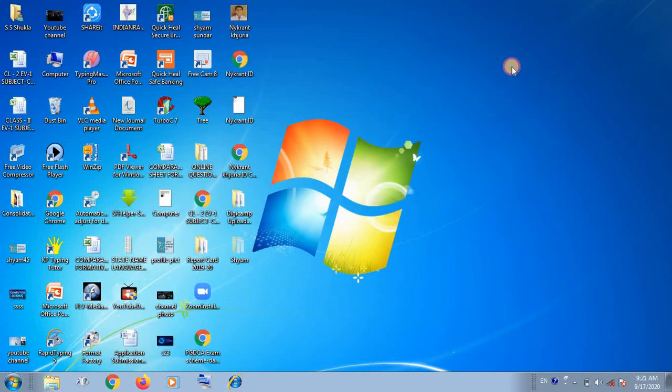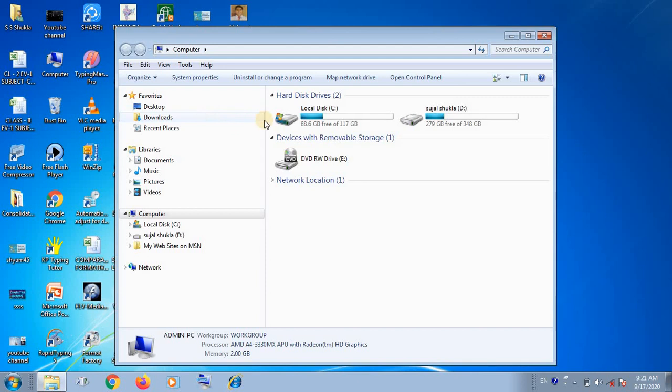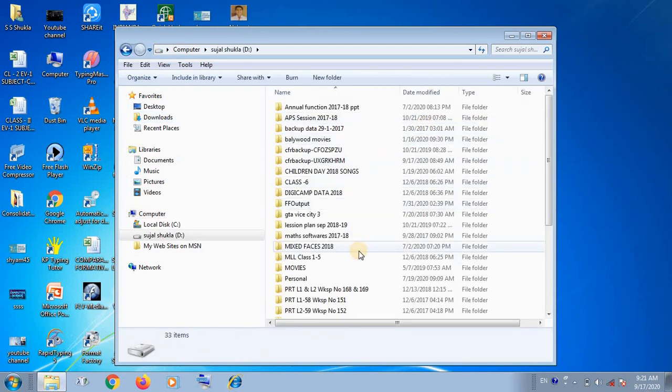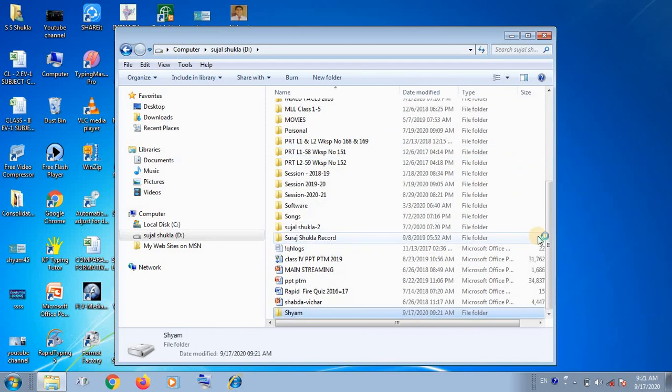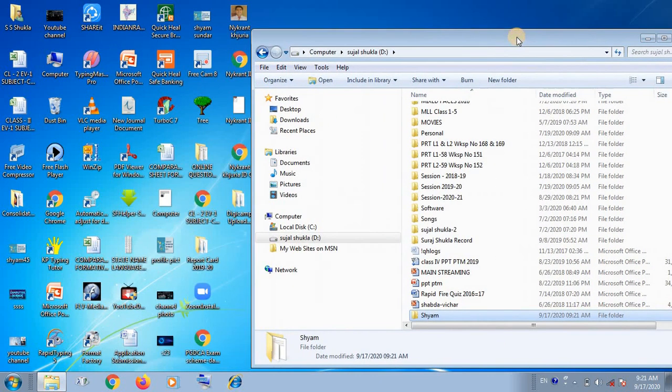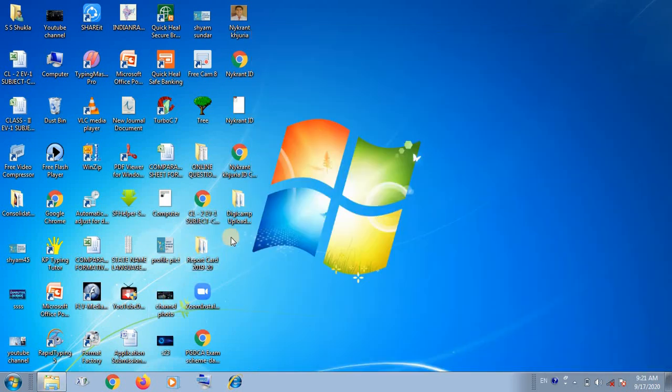You can also move from here. Computer, D drive, double click and you can paste, right click and paste. You will see the folder is here, and now the folder is not on the desktop. As you are looking, that folder has been removed from its original location because I have moved that folder using the cut option from the desktop to the D drive of the computer.